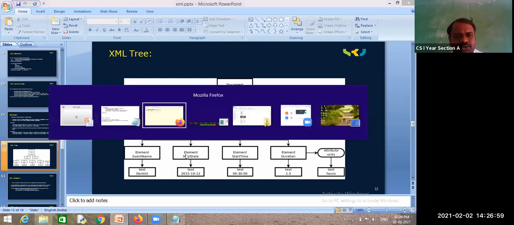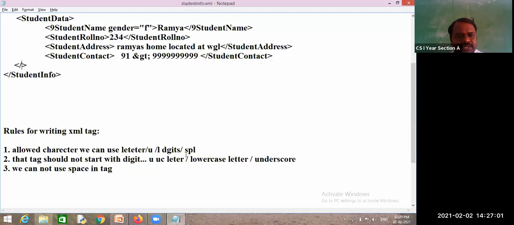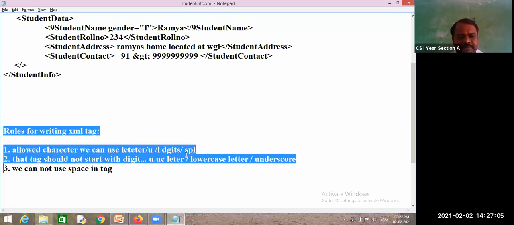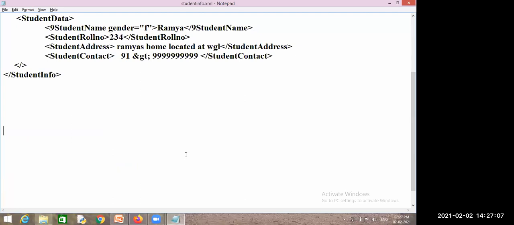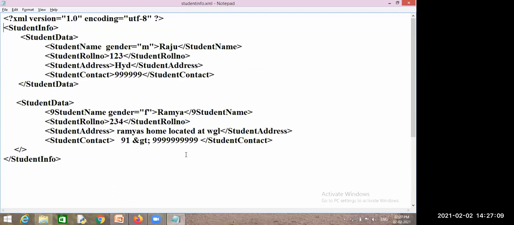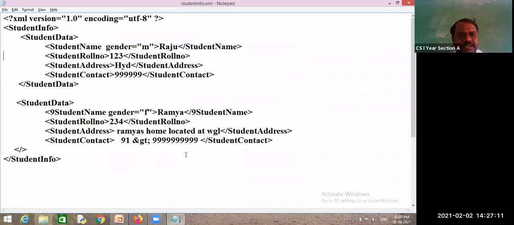I will show you one simple example. How many records is my XML document maintaining right now? 2 records, and everything is maintaining 4 columns of data only. But will all your XML documents look like this?